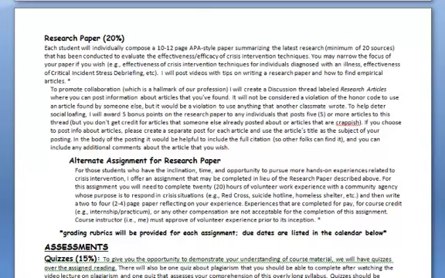Now, in an alternate assignment, if you have the time, the inclination, and the opportunity to do volunteer work and aren't interested in writing a research paper, you can do this alternate assignment, which is doing 20 hours of volunteer work in some sort of crisis intervention agency, and then writing a brief 2 to 4 page paper reflecting on your experiences. But the catch is this volunteer work has to be really truly volunteer, not something you would have done otherwise. So it can't be something you're doing for practicum or internship.